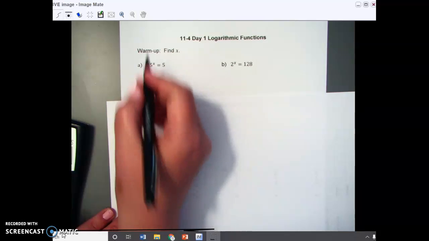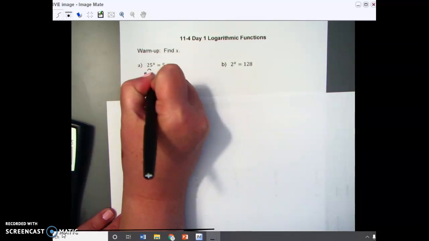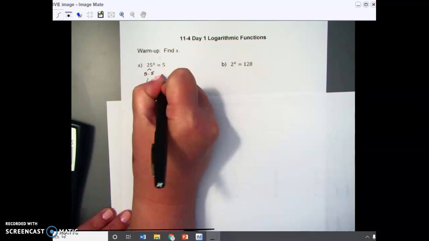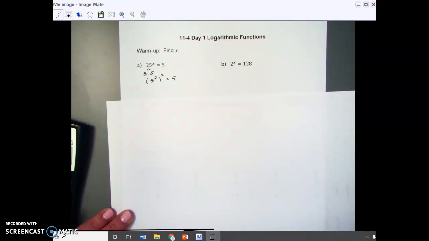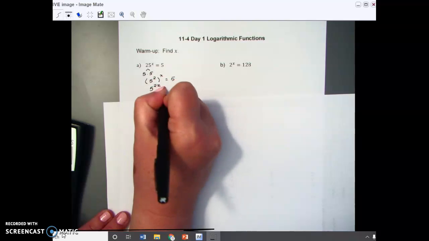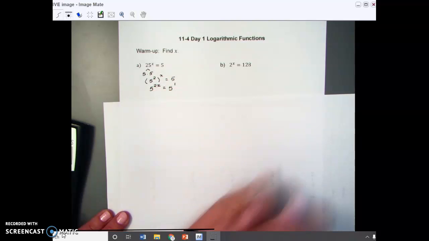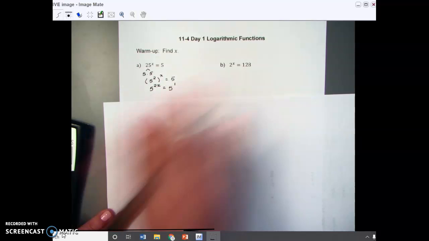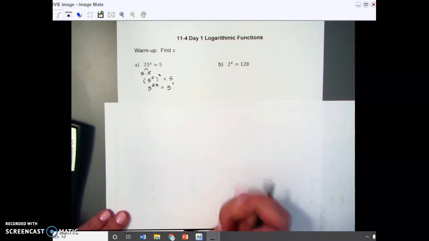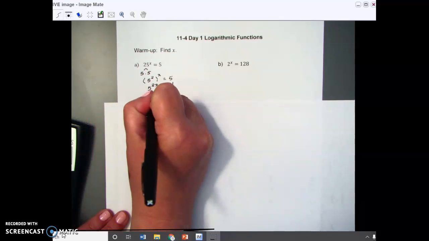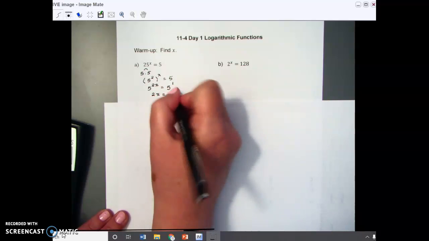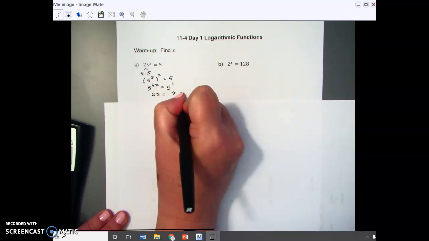So taking a look at A, 25 is 5 times 5. So that means that this is 5 squared all to the x power is equal to 5. And so the log rule said that that would be 5 to the 2x power is equal to 5. And we can call that 5 to the first if we want. And so what that tells me is if my bases are the same and the numbers are equal, then the exponents should also be the same. So we would say that 2x is equal to 1. And then dividing both sides by 2, we're going to say that x is equal